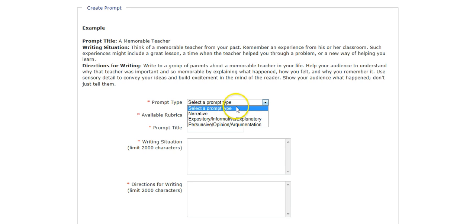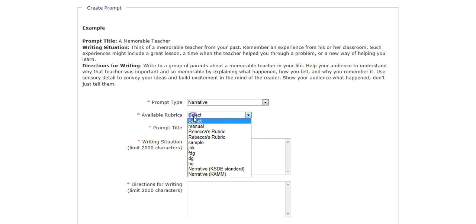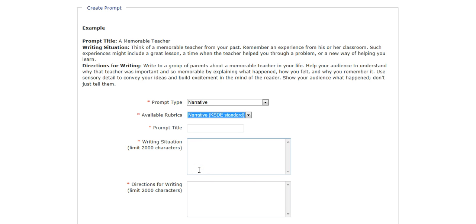So to create my own prompt, I simply identify the prompt type, the mode that it addresses. And then also, I select a default rubric that I want to begin from. And this is done primarily just to provide an anchor for this prompt so that we know what to associate it with in the future. So for example, if I'm creating a narrative prompt, I may want to start with the generic state narrative rubric that we have. From there, I simply create a prompt title,